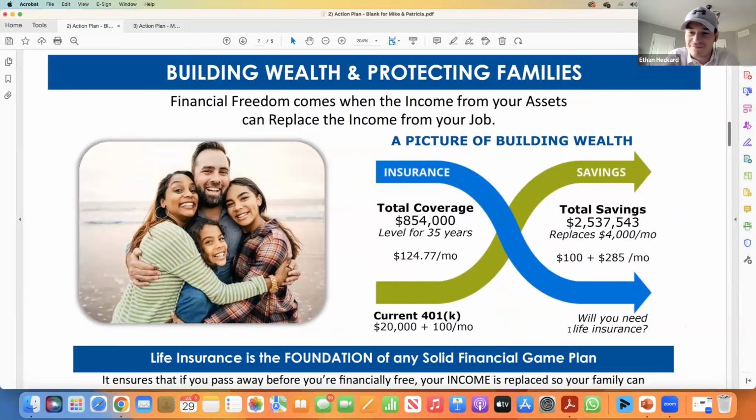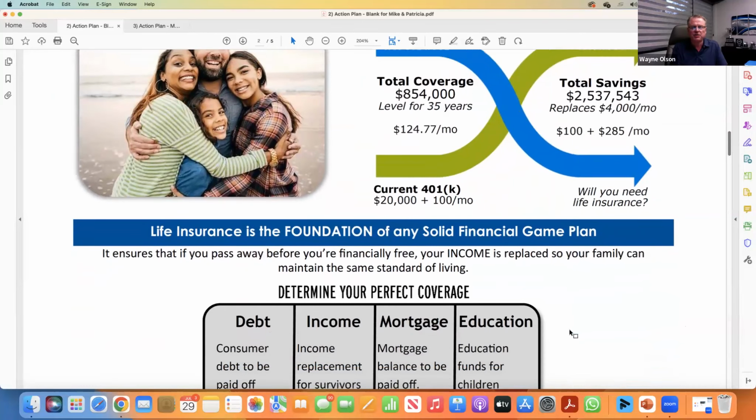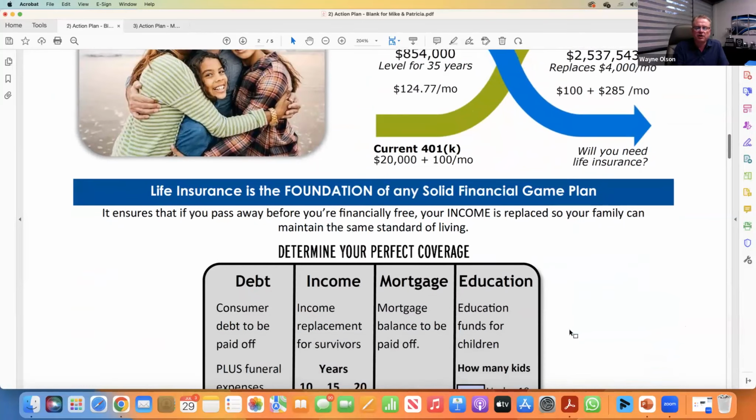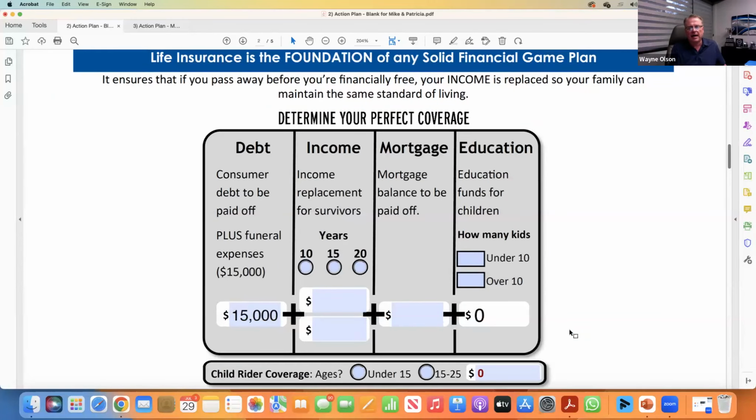So let's put a perfect foundation in place for you. God forbid, life insurance is the foundation. To determine your perfect coverage, we're going to use this program called DIME, and I'm going to calculate what your need is. Now, for today's purposes, so we're not here forever, he would immediately acknowledge that he has